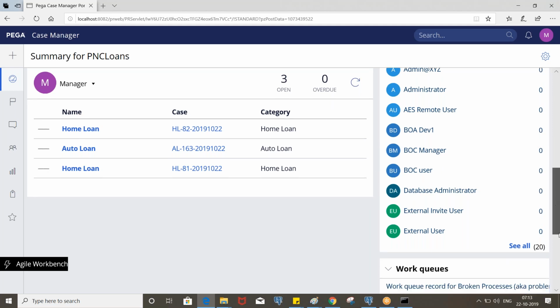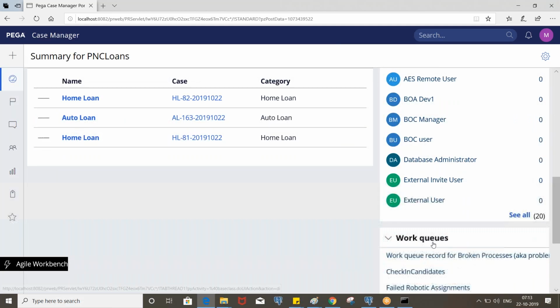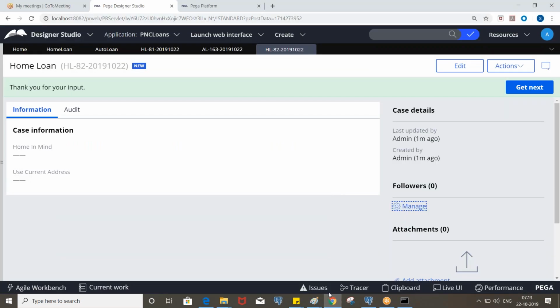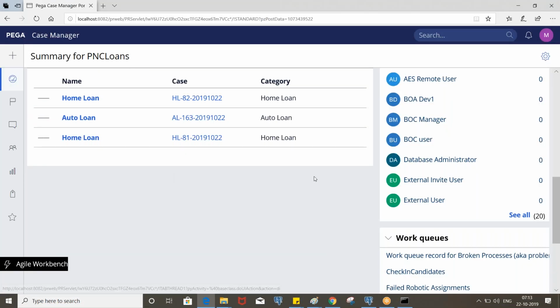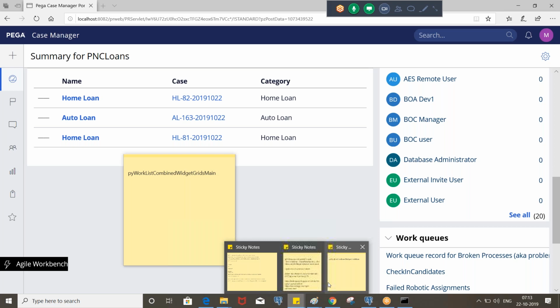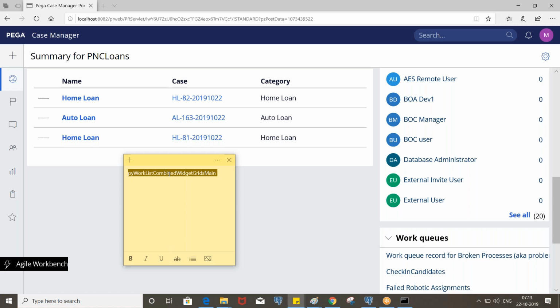Okay, so if you want to identify, we have a tool called Live UI, and we need to enable it for manager portal, and we can check that. We'll do that later, but here we have a section called pyWorkListCombineWidgetsGridsMain. So this is the section being used here, so we need to customize this.